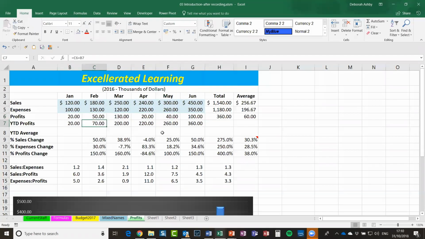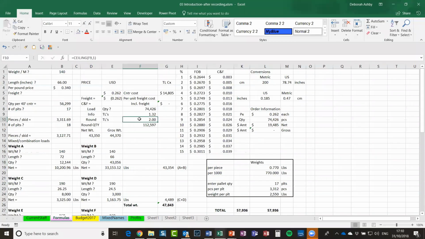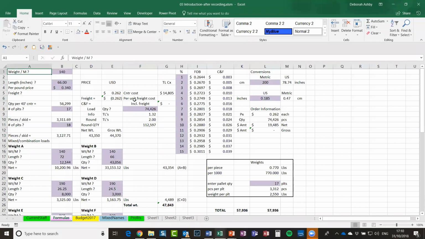All right, so going to jump across to the formulas worksheet again. So this is just a very similar spreadsheet to the one that we were just looking at. So I'm going to run the macro Control-Shift-N, which will highlight my constants, so my pure numbers. Now this is where we're going to step in and take a little bit of a look at the VBA